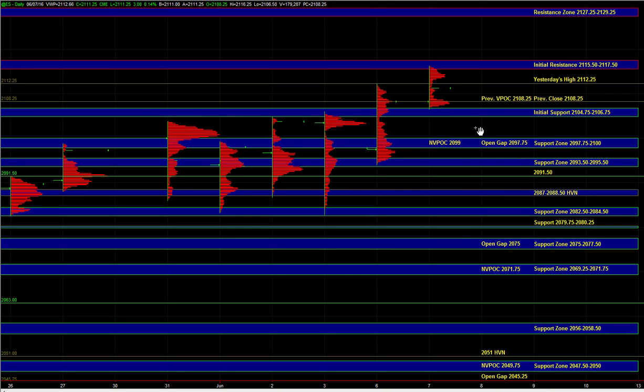In the overnight session, we saw the buyers continue to be in control and ES push to a new all-time high. At this point, heading into the open, the buy side continues to be dominant, and as long as ES can hold above the 0475 to 0675 initial support, it means that the bigger breakout from yesterday is still intact, and from there we can still balance at higher prices and go right back up into the 15.5 to